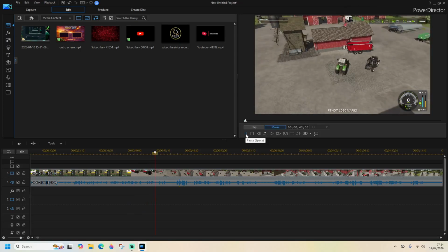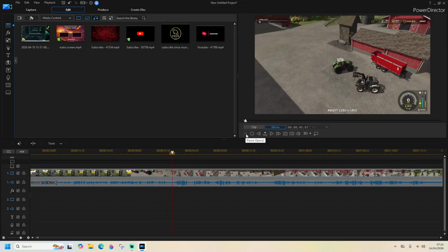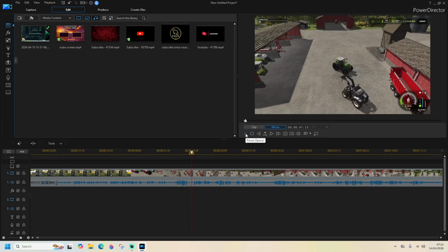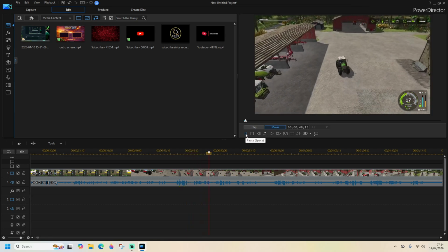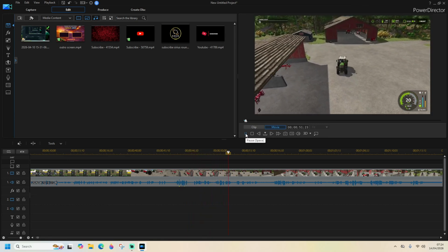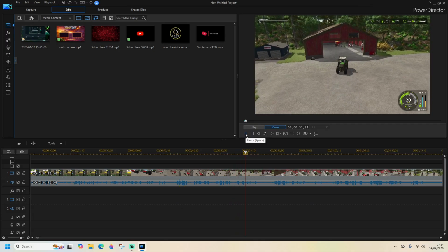Let's get into the Fendt tractor. We'll go and grab the bale wrapper. And yeah, we'll jump straight in to getting those bales wrapped, because I want them to be made into silage